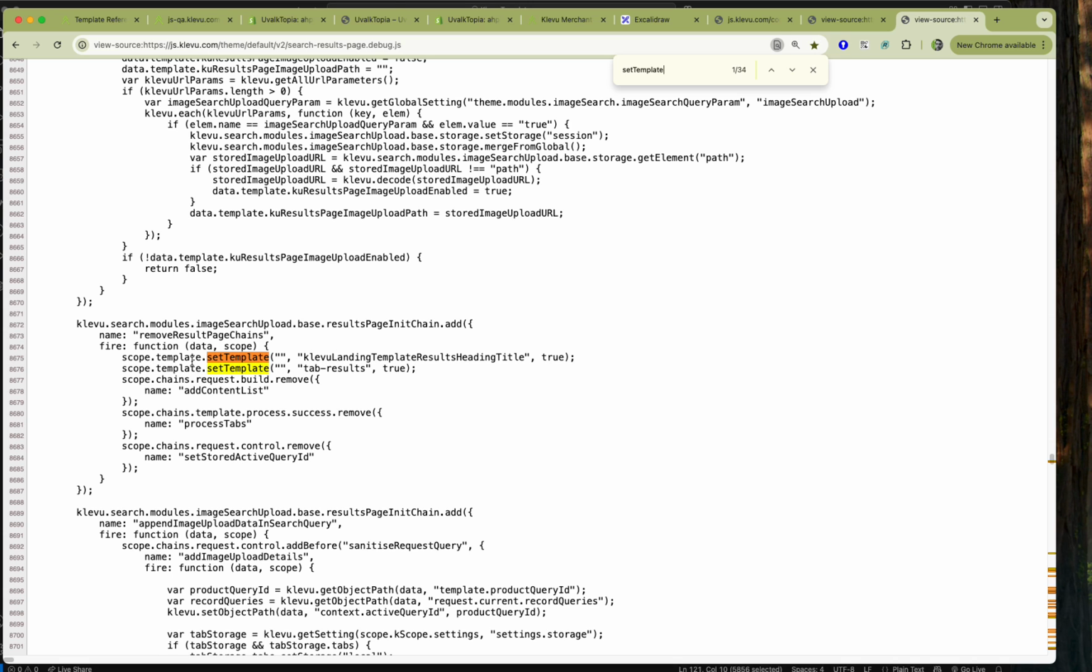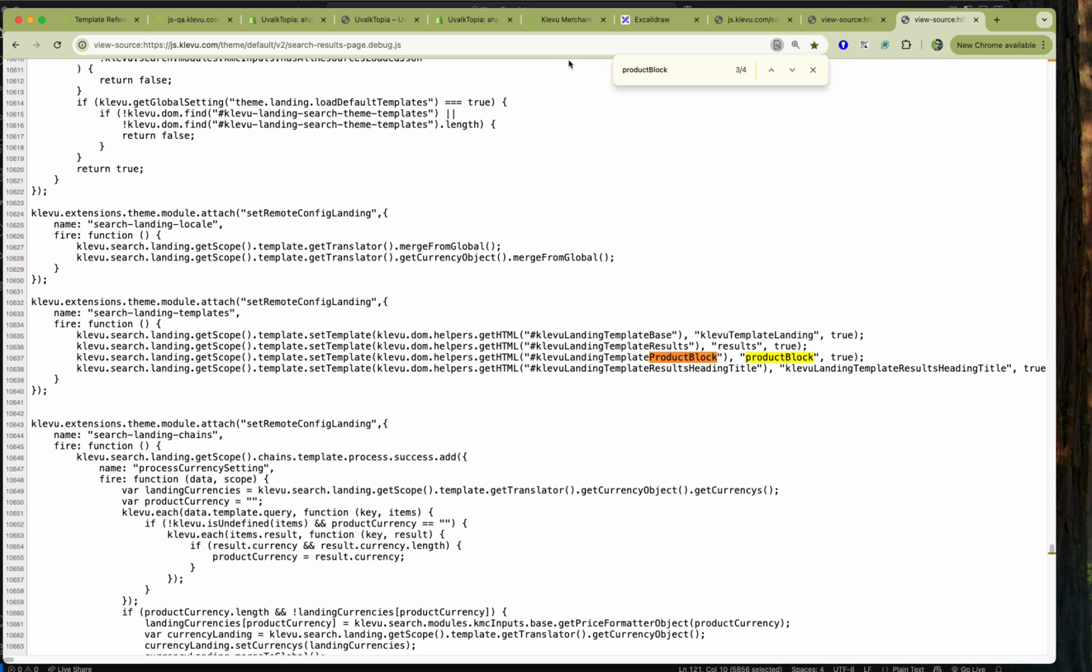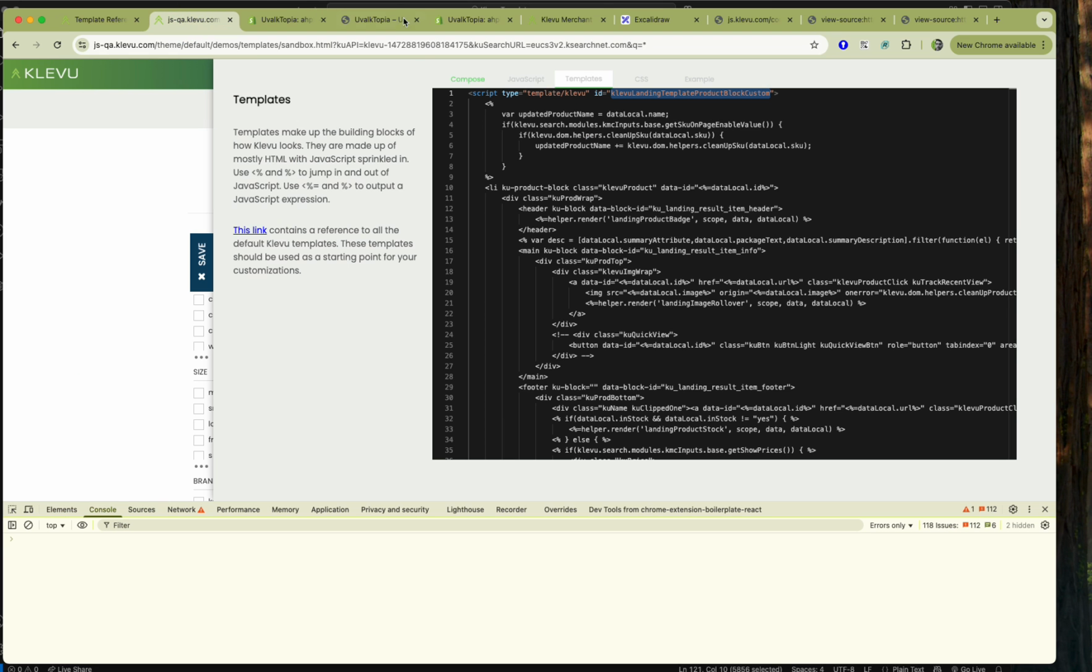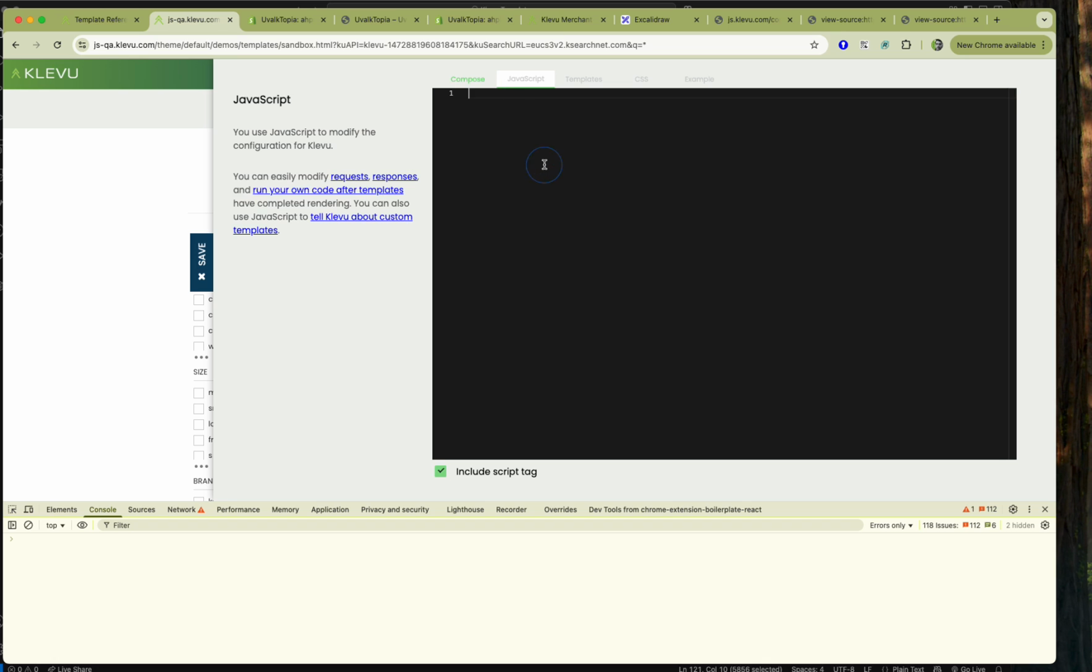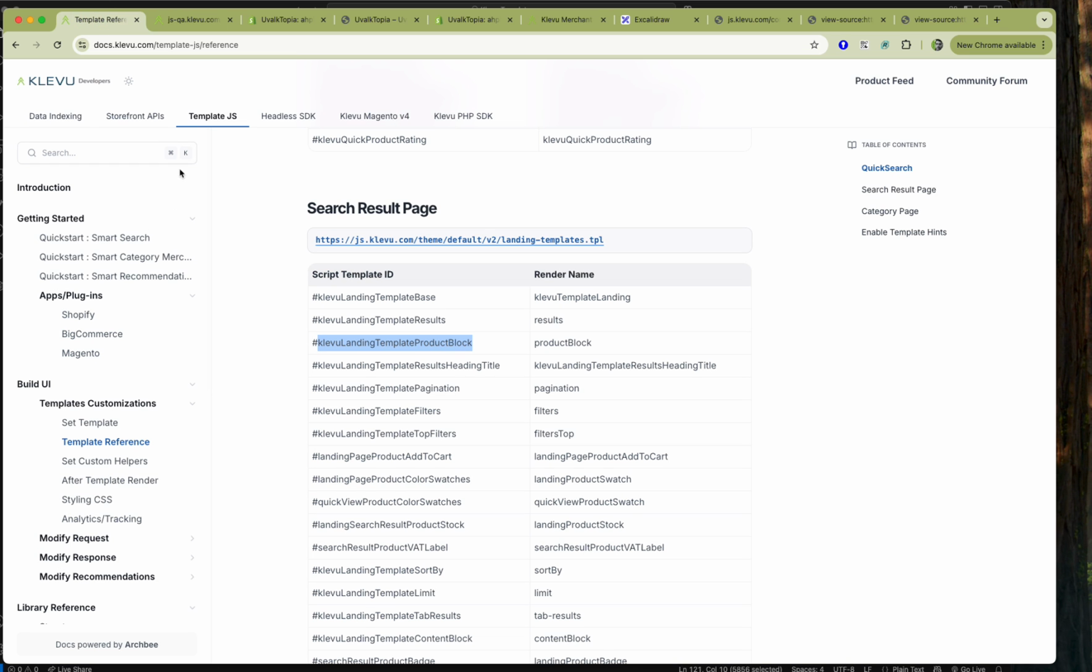In this particular case, it's trying to do this scope template, set template, and then it does something, and then it does something else, and something else. But if I want, I can actually go ahead and find that product block. And here it is. Here's where that product block with the Klevu landing template product block is actually being added to the page. So if I wanted to, I could copy this whole entire line of code, come back over to my demo, go into my JavaScript,